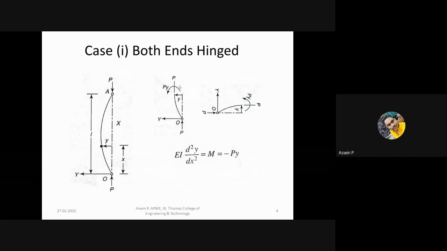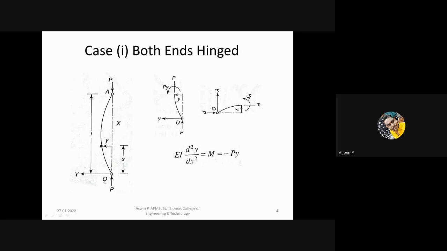Okay. So the general equation of bending moment is given as EI d square y divided by dx square. From the figure, that is, the figure that I have just drawn, we have the bending moment M is equal to